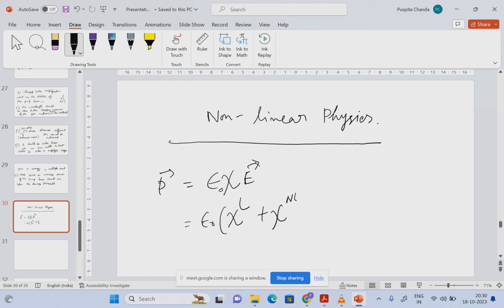Chi is linear and non-linear part into E. This is tensor multiplication sign. So chi linear is chi linear only. Okay. But chi non-linear is